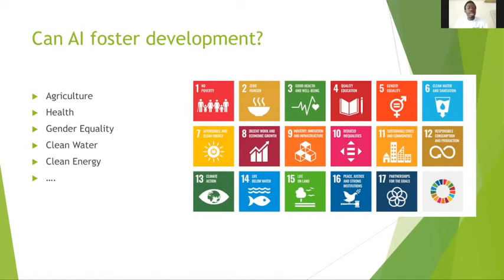And immediately we talk about development, we immediately think of our Sustainable Development Goals. If your project or your solution does not tackle one of these development goals, then most likely it does not actually foster development. And so we come to that question: how do we use AI, especially when we are talking of low resource environments, places with no proper internet access, places with not proper